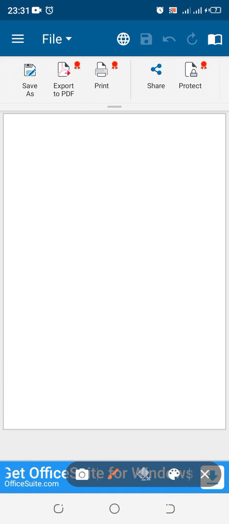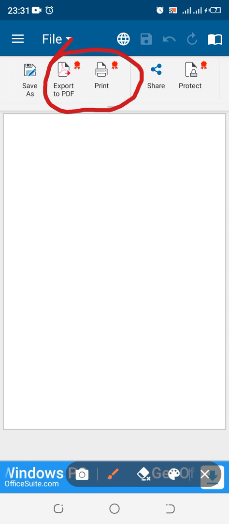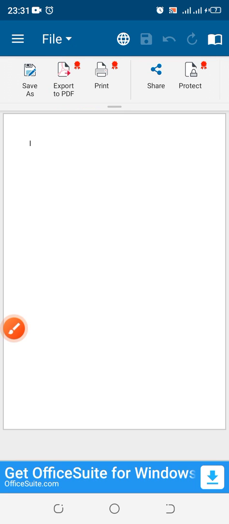Now you see export to PDF and print. If you want to print directly from the phone, from this application, you must be a premium user, you have to pay for the app. Export to PDF, on computers, doesn't ask for permission, let me say for premium user, but on the phone you have to purchase the app before you have the facility to export it to PDF, to save it as PDF. Okay,